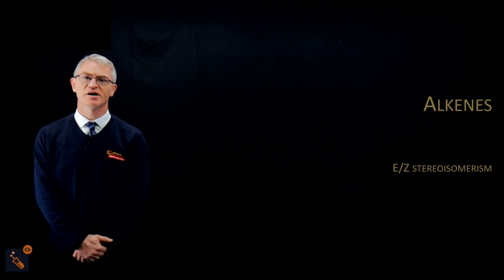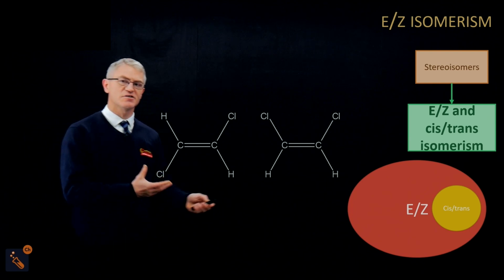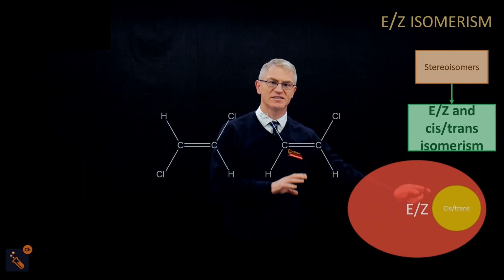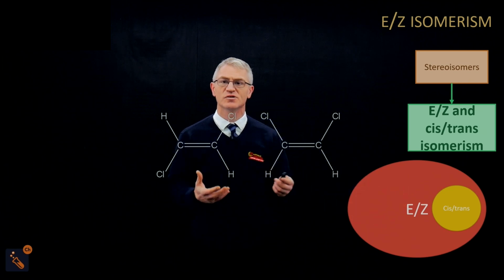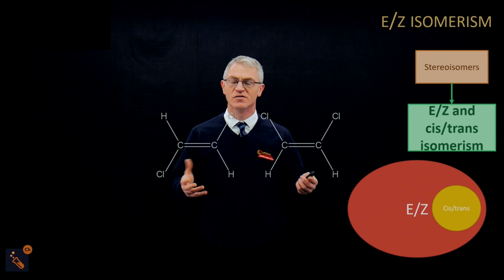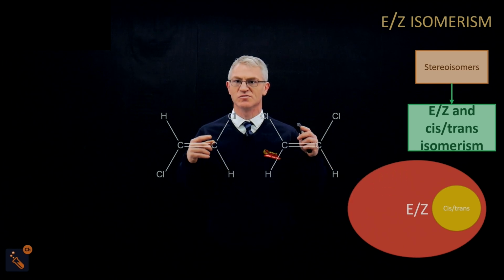In this video, we're going to talk about EZ stereoisomerism and go through different examples and how to draw them and recognize them. We're now going to move on to EZ isomerism. Remember, as I go into the diagram here, you can see cis-trans is just a part of EZ. So everything that's cis-trans can also be labeled EZ, but actually it's simpler if you've just got two groups that